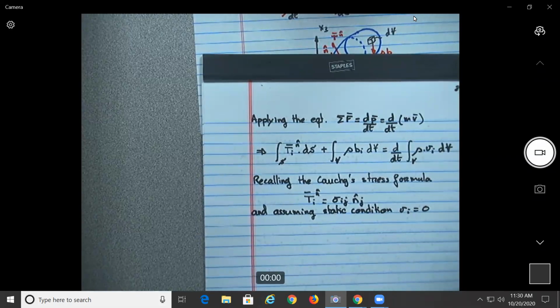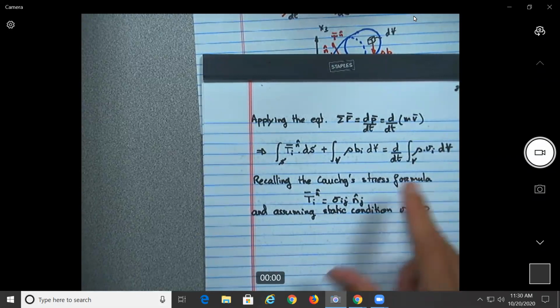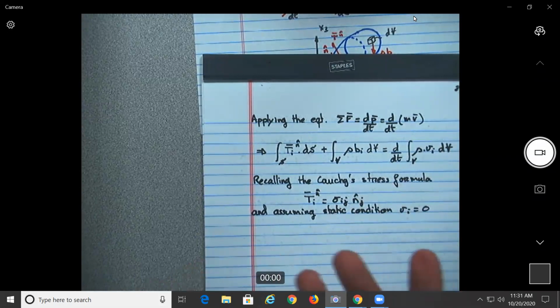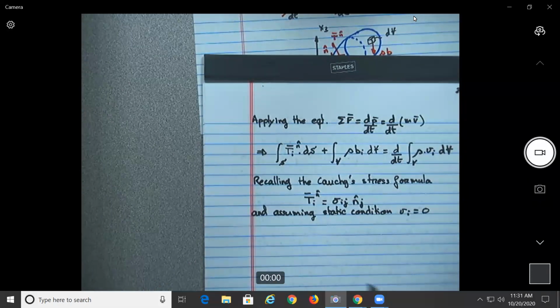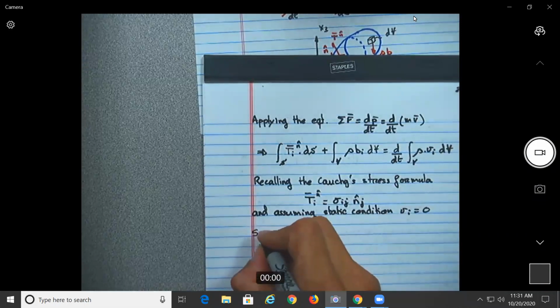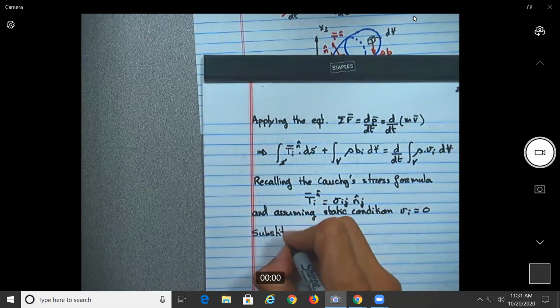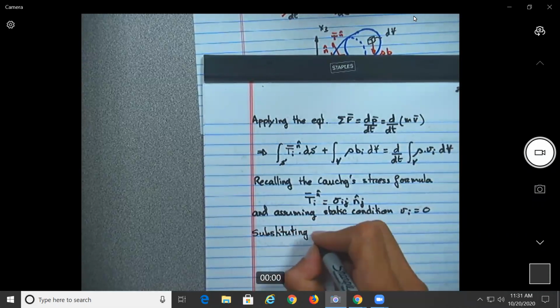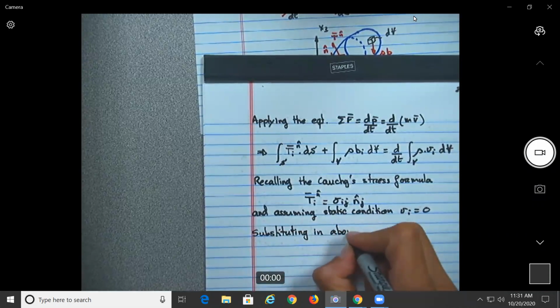Okay, so basically what I'm doing first, I'm trying to derive the equations that will be used in solid mechanics. Solid mechanics, you assume the object would be non moving, no? Just subjected to forces. So in that case, it's just like you do in statics or solid mechanics. What is the equation used all the time? Summation of forces equal to 0, no? Okay, exactly the same thing we are doing. So if we substitute over here, we end up with what? So substituting into above equation,